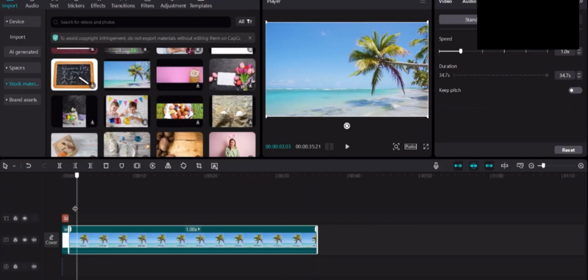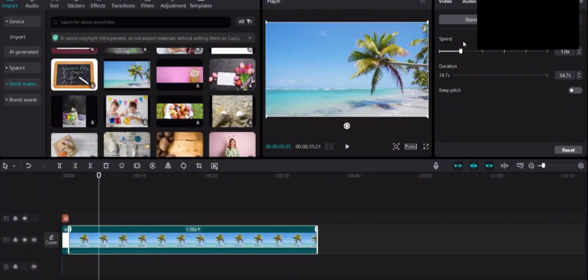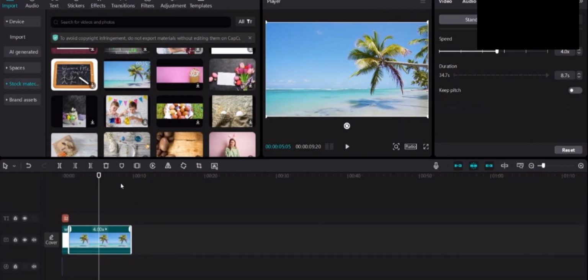So I am just going to speed it up real quick, maybe to 4 times speed, and then it's an appropriate length. I'm going to show you it right here. As you can see, the clip is very good, it's very fast,